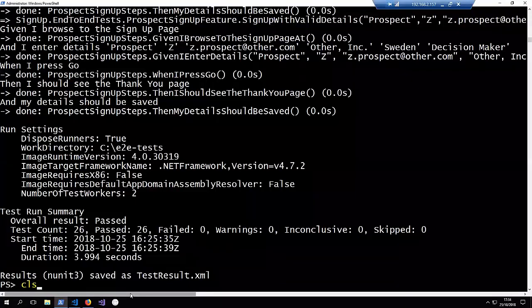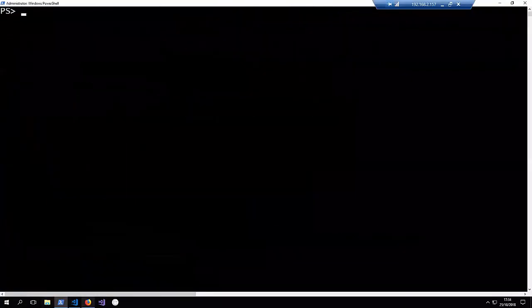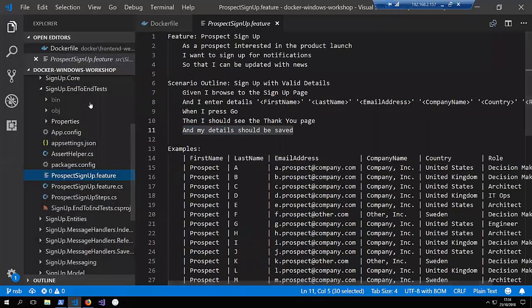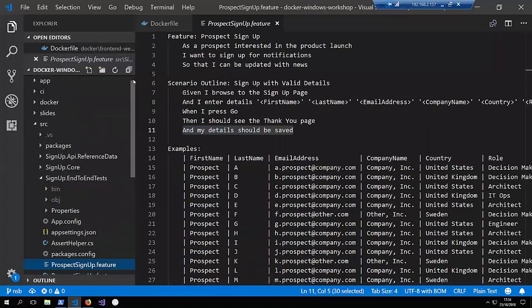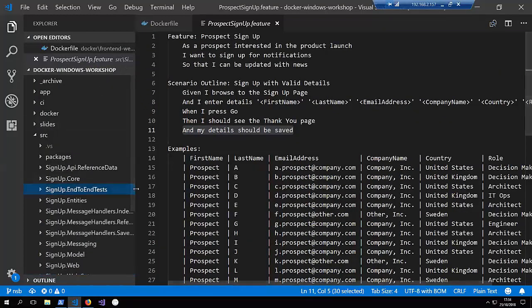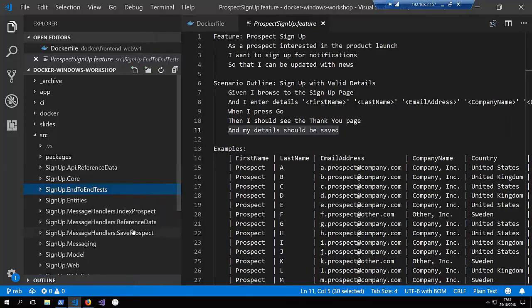Okay, so let's get on and show you how that looks. Let's clear this down. For version 2, I've cheated a little bit here, because otherwise this would be a 10-hour webinar instead of a 1-hour webinar. I've already written the code that will use NServiceBus to send a command to save data rather than saving it